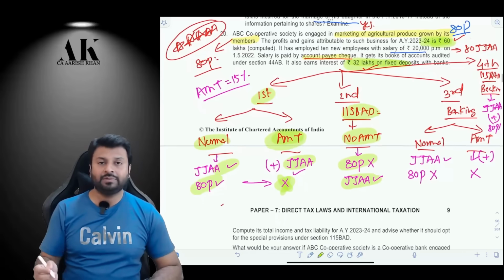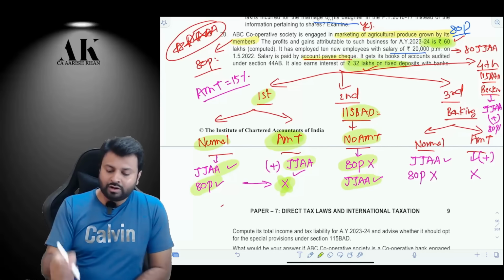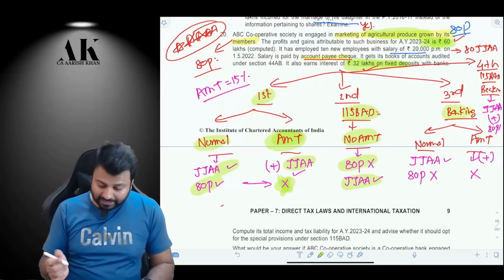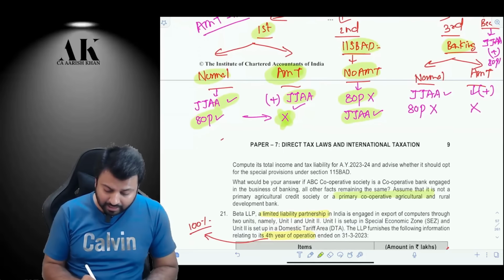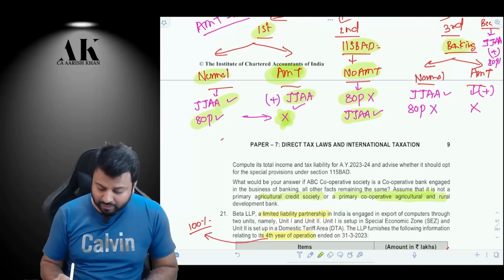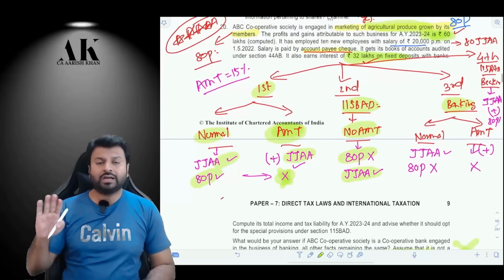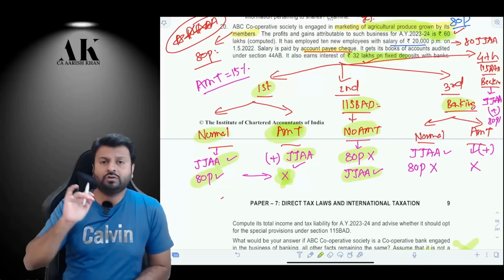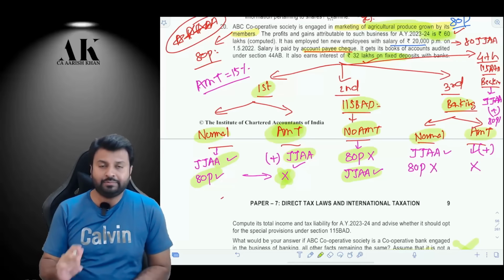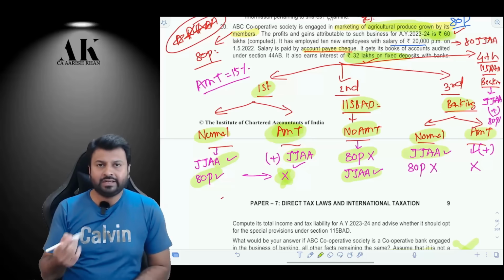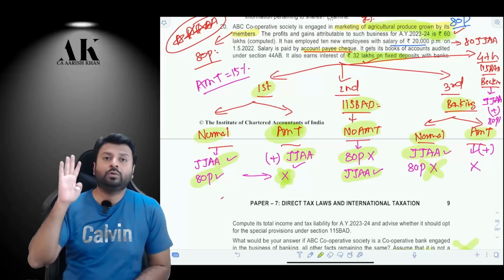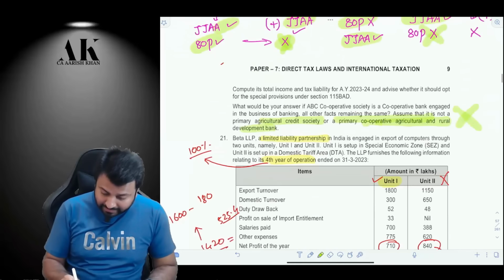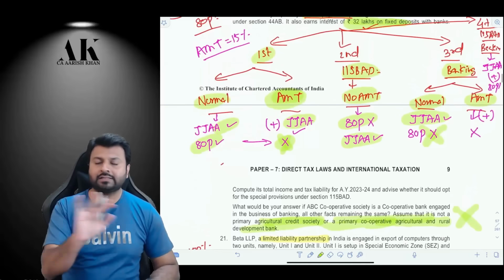Now, the third possibility is we are supposed to assume that it is not an agricultural cooperative society, but it is a banking business. Suppose it is a banking business. That too, it is not an agricultural bank, not a primary agriculture credit society or primary cooperative bank. You are supposed to assume that it is not a banking company which is eligible for 80P. It is a normal banking company. So again, you have to make two computations. First as per normal provision and then AMT. When you compute as per normal provision, you will take 80JJAA. 80P is not available now. It is only available to primary credit societies or these kinds of banking entities and not to others. Normal banking entities are not eligible for 80P.